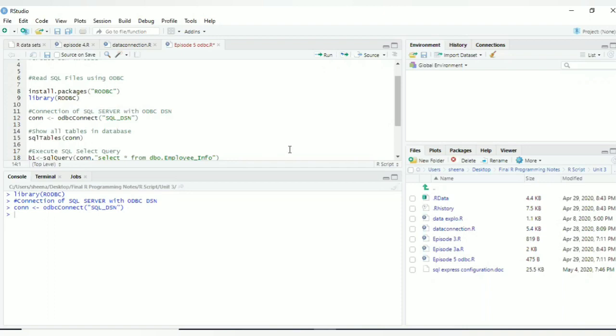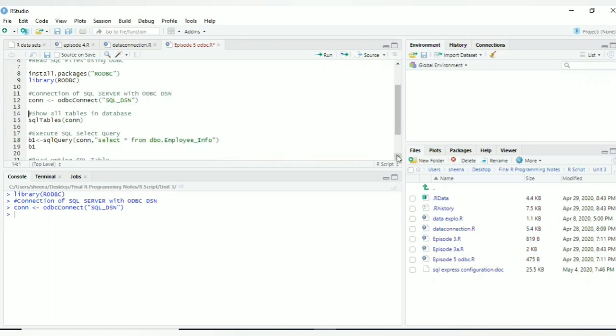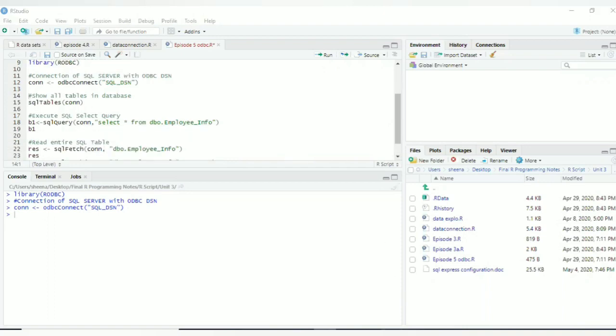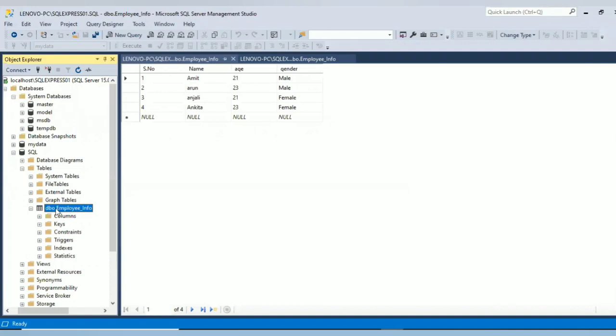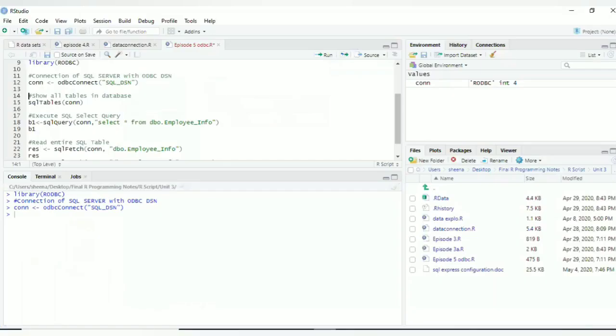I'll execute that. After that I will retrieve my file. As I have shown you, we have created a table DBO employee info. I will try to access DBO employee info in my connection. I will pass the SQL query, select star from DBO employee info, in the sqlQuery function. First parameter will be the connection.